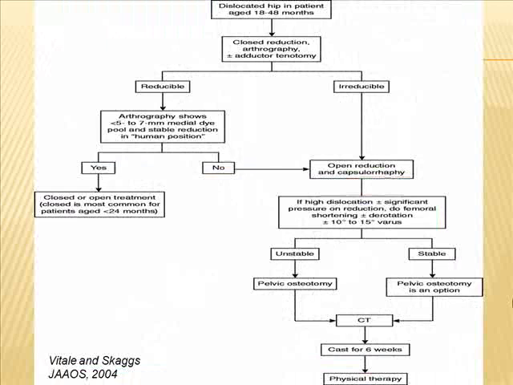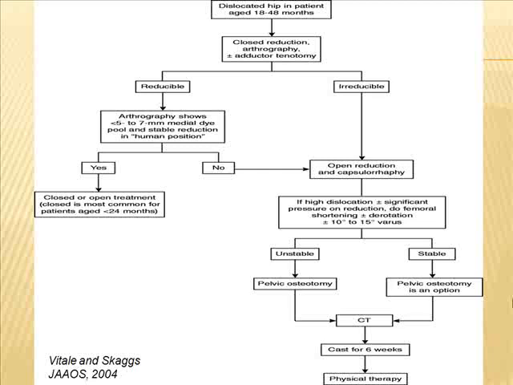Mike Vitale and Skaggs did a review of the treatment at the age between 18 months and 4 years. And you can see here how, in this algorithm, they recommend closed reduction, arthrography and adductor tenotomy for patients at this age. If it is reducible, and the arthrogram is less than 5 to 7 millimeters, so it's a very good concentric reduction, then you can proceed with the